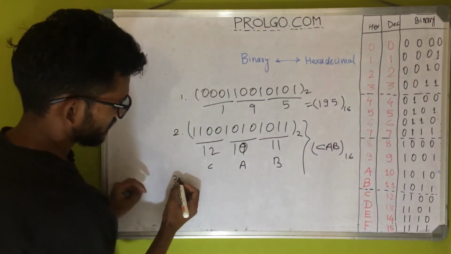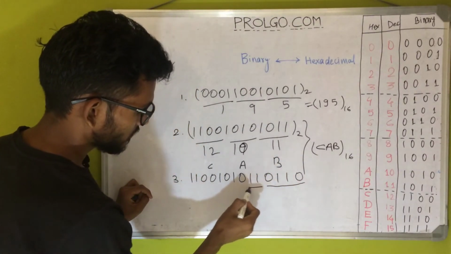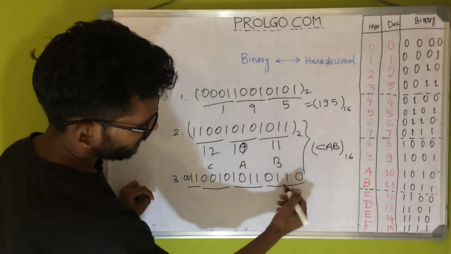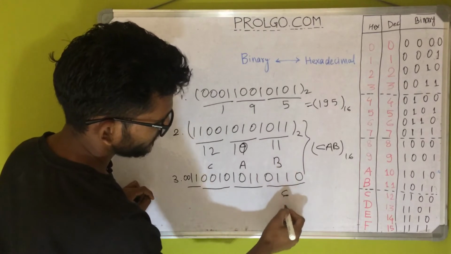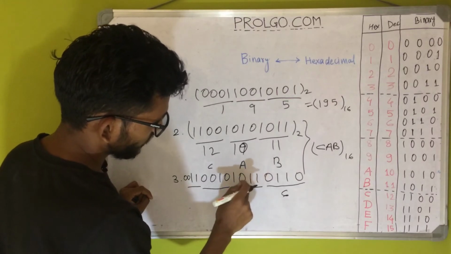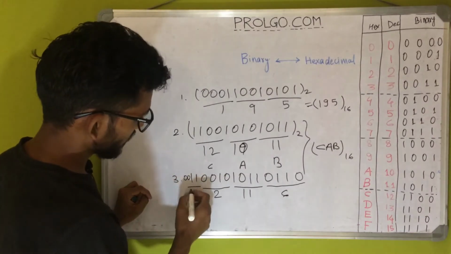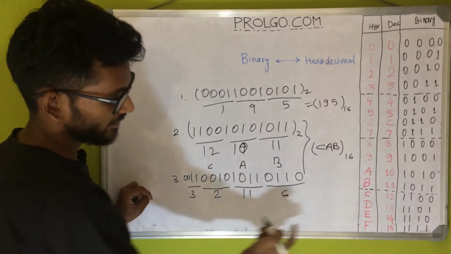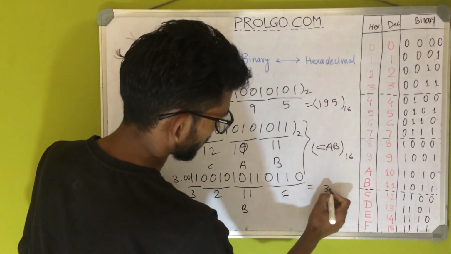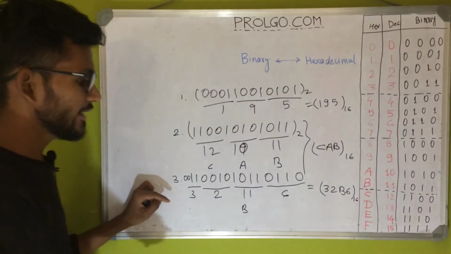Take another one, 110110. Make pairs of 4. Here it is 2 bits, so you can either put extra 0s. Now convert this one. So this would be 1, 2, 4. This is 6. And this is 1, 2, 4, 8, I mean 11. This is 1, 2, and this is 3. So 3, then 11, and for 11 we use B. So it would be 3B6 in hexadecimal.